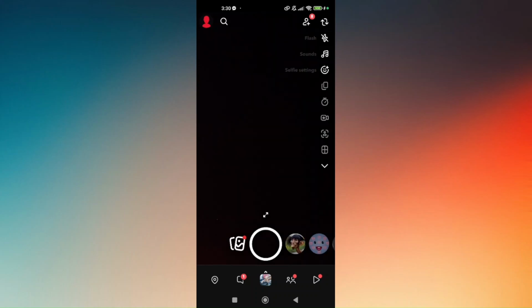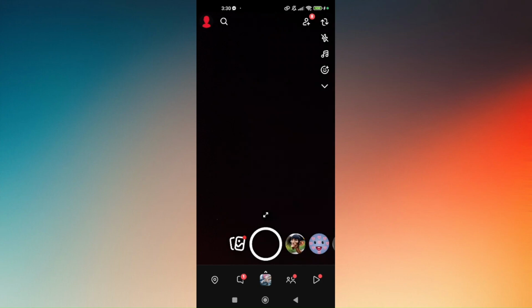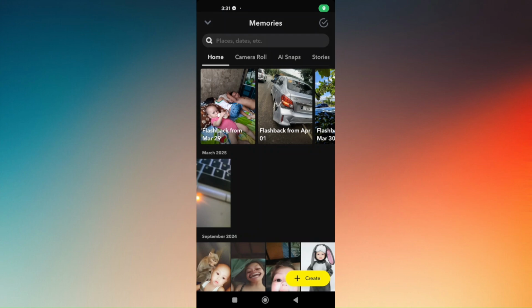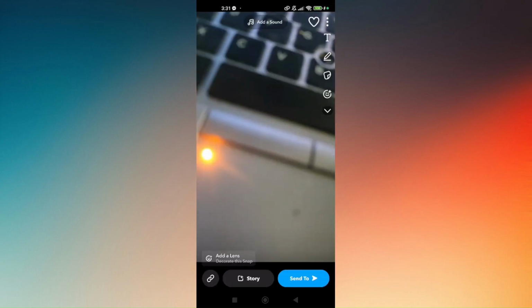Now once you're choosing on director mode, you just have to tap on a specific gallery in which you can just simply add photos or snaps in it. And then in there, just simply choose on a specific picture where you would like to be added as your